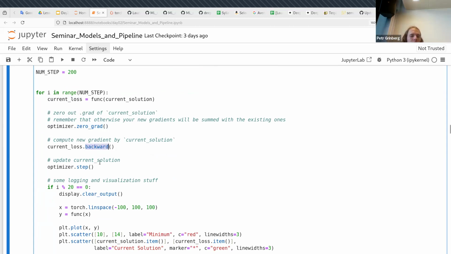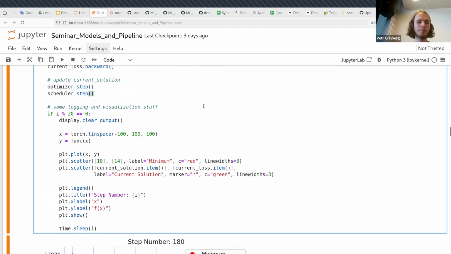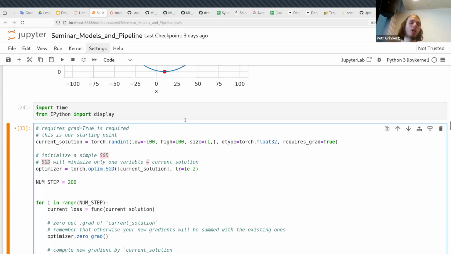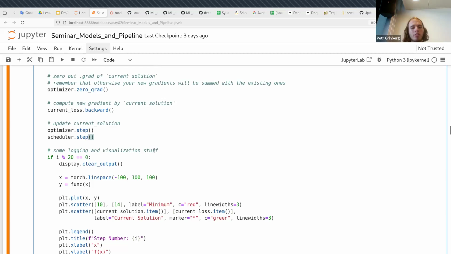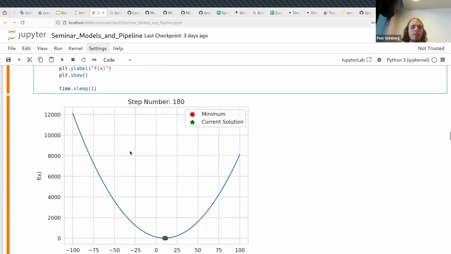We did backward step. We updated the current solution using optimizer.step. Also here, there should be a scheduler.step. I don't know why it's not here. So scheduler.step will be here. I guess it's because we didn't use a scheduler, we use a constant learning rate right here. But in case you have a scheduler, it will be like this. And then we did some logging. I won't run it right now, but